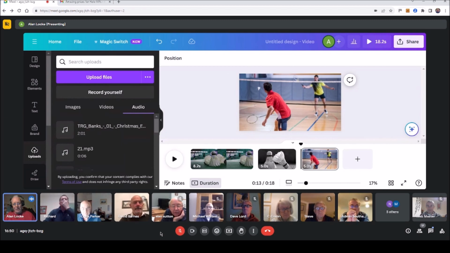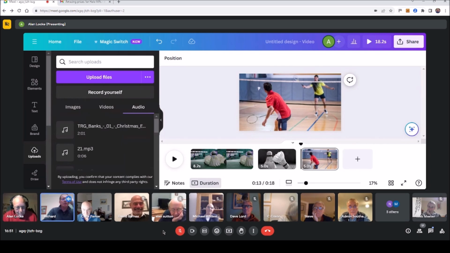Text Magic is quite good. You can still tell it's a bit robotic, and you do have to play a little bit. To get it to say Peterborough U3A, I type in Peterborough, but to get her to say U3A, I have to type the words YOU, then THREE, and A as AY. You have to play a little bit with Text Magic, but it does work. I'm trying to sort out something free to do a talking head and avatar, but I haven't got there yet. But I will if it kills me.